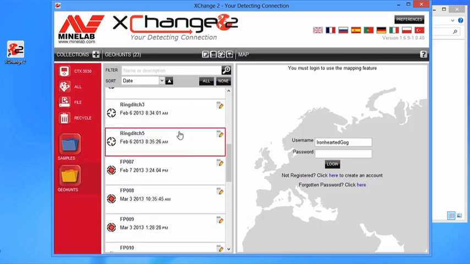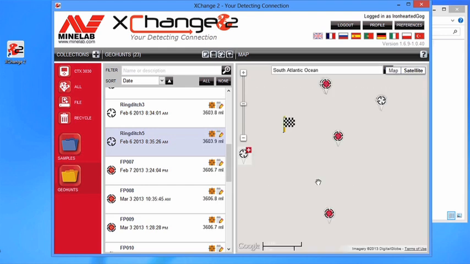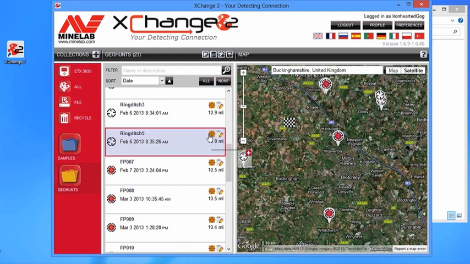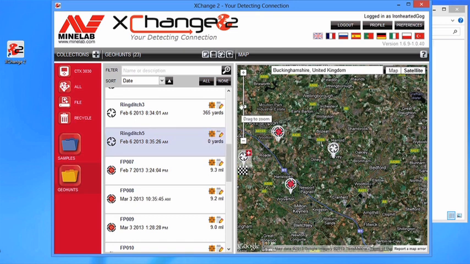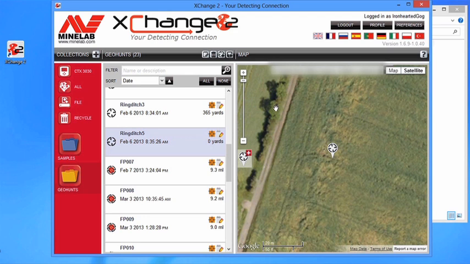To view these files on Google Maps, you will need to register and then log in. Here, Gordon has already registered and simply has to enter his password. Then, press the login button. Once logged in, the map screen loads. As you move your mouse cursor over a waypoint, you will see it bounce for joy in the map screen. Click on a file center icon to bring it to the center of the map. Use the scale slider to zoom right into the field. Click the center icon on each file to view their map position.